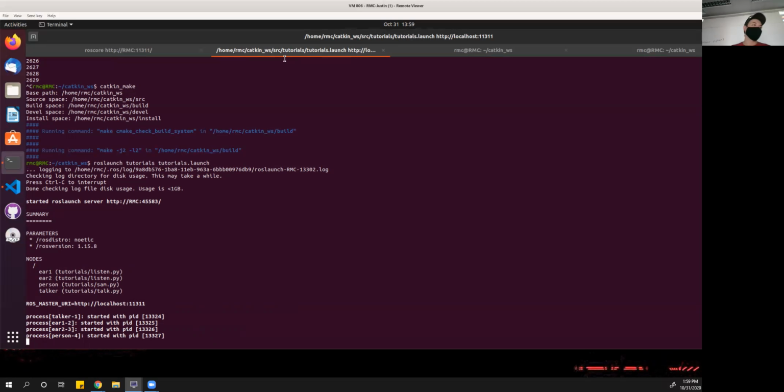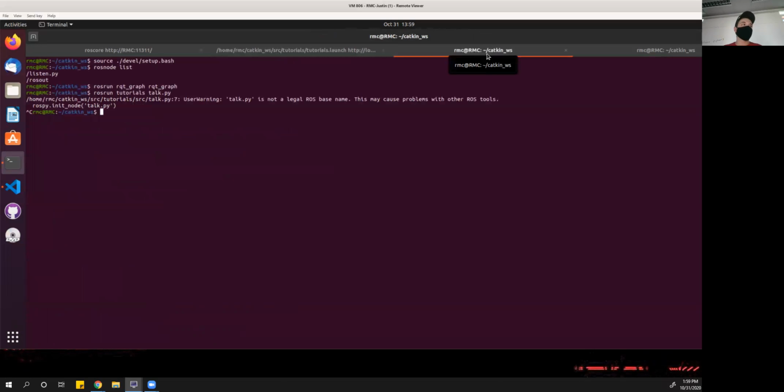So we got this, and you'll notice that it's blinking there, but there's no numbers coming out. There's no "I am a coder" coming out. Well, it's happening in the background, and we could look at it, but we don't really need to. We don't want all of that information. Imagine if you had a much more complicated thing. If we do the rosnode list, you'll notice that we have all of those programs coming out,